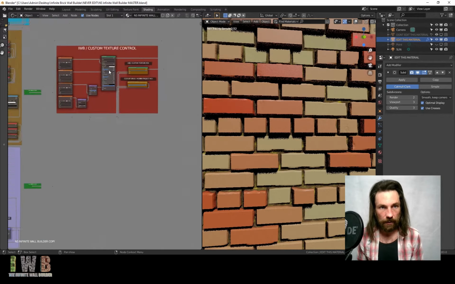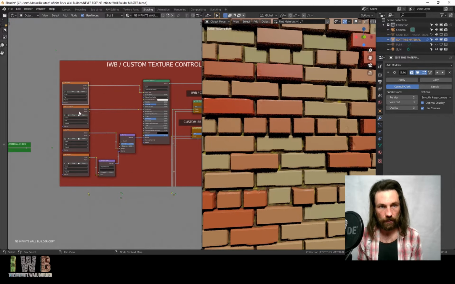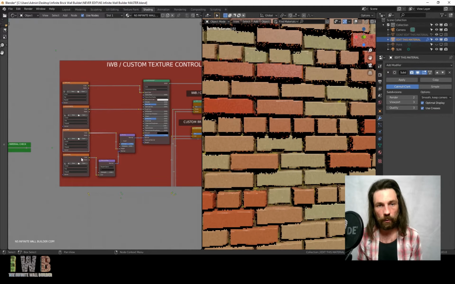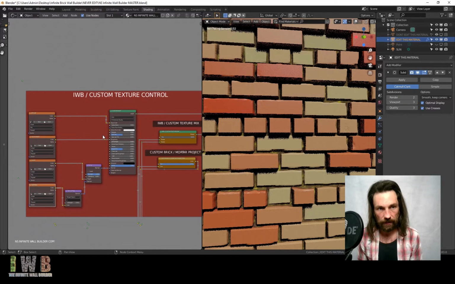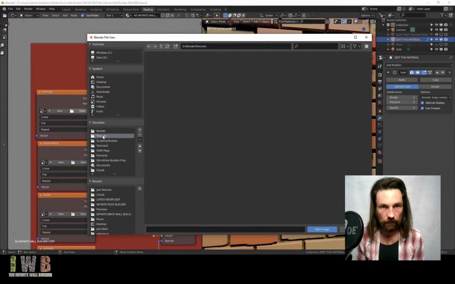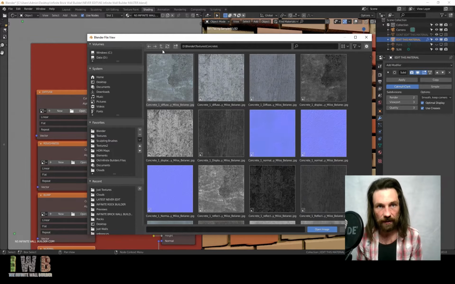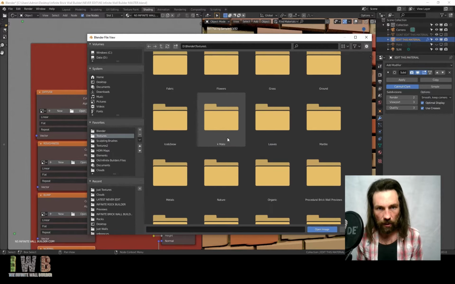So finally you have this. So you've got your node set up for your maps. So you've got diffuse, roughness, bump and normal, and some controls over here. So let's just put in a diffuse texture real fast, concrete or something obvious. Let's put a rock face,